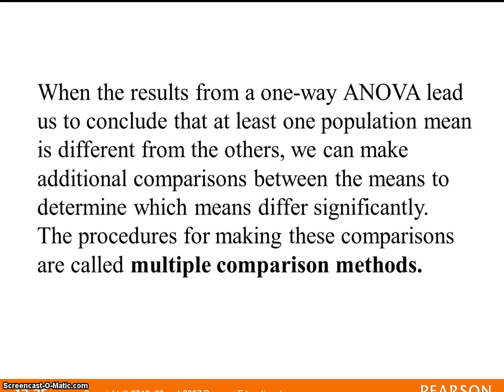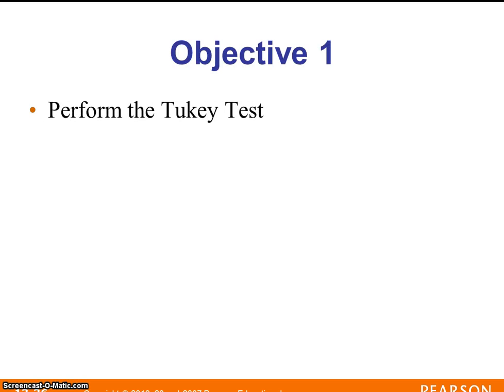When the results from a one-way ANOVA lead us to conclude that at least one population mean is different from the others, we can make additional comparisons between the means to determine which mean or means differ significantly. And the procedure for making these comparisons are called multiple comparison methods. So let's look at the one and only objective in this section, which is to perform the Tukey test, or